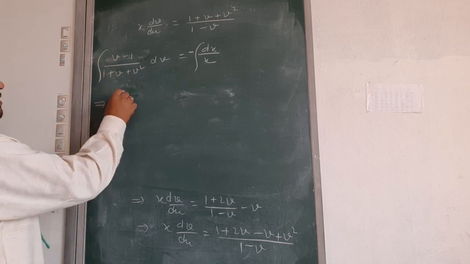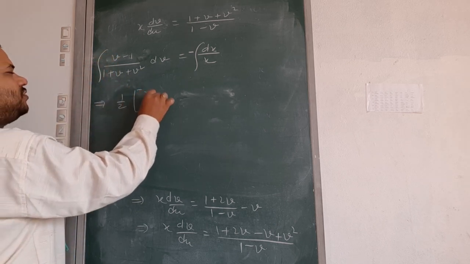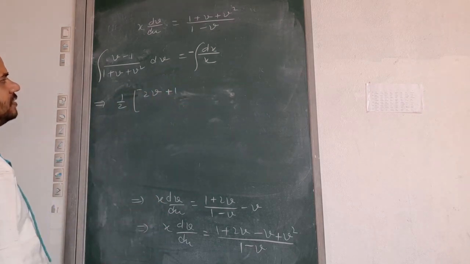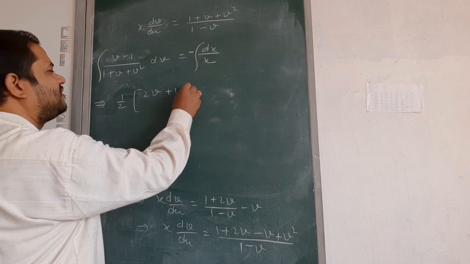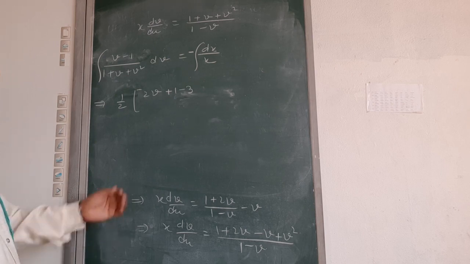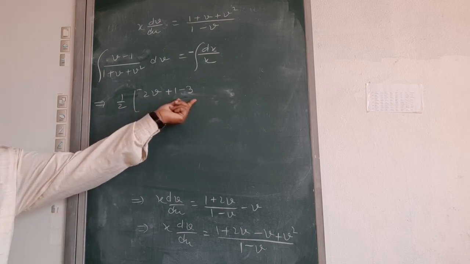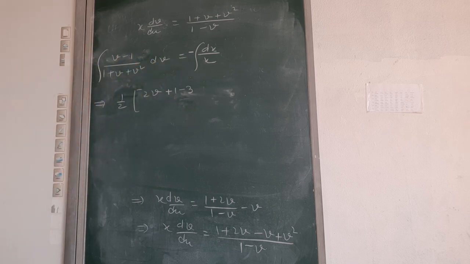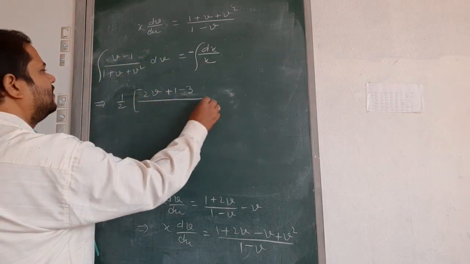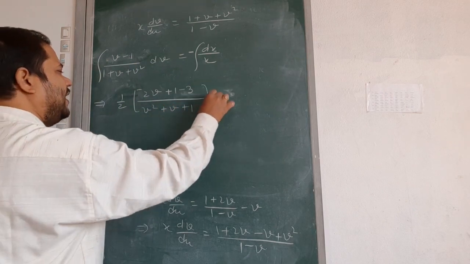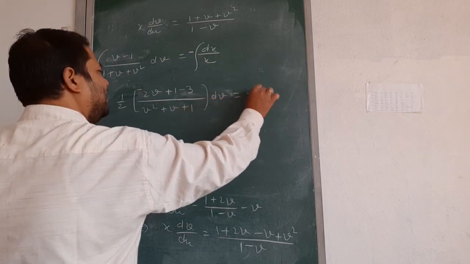So see here, 1 upon 2, 2v plus 1, and minus of 3, 2v plus 1 minus of 3. If you calculate this one, you will get v minus 1 divided by v square plus v plus 1, and dv is equal to minus log x